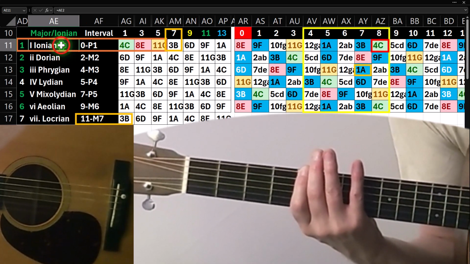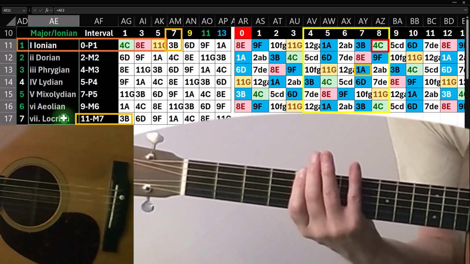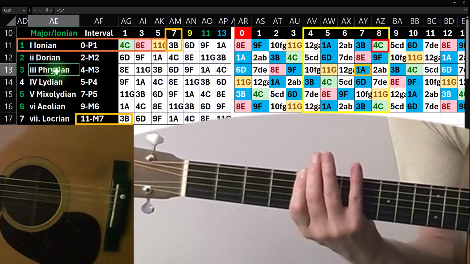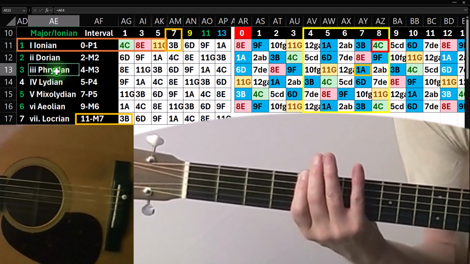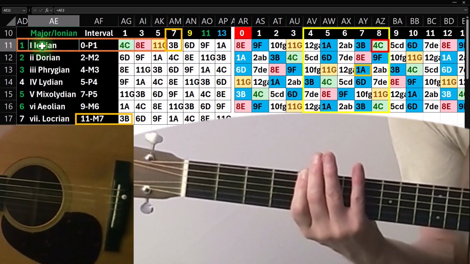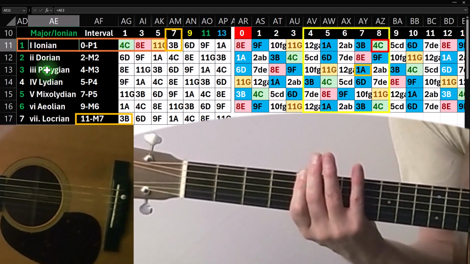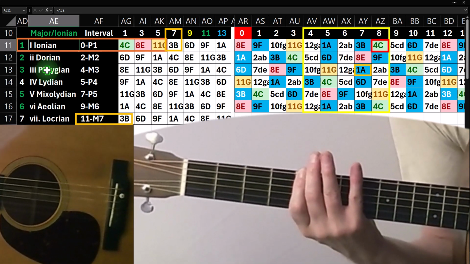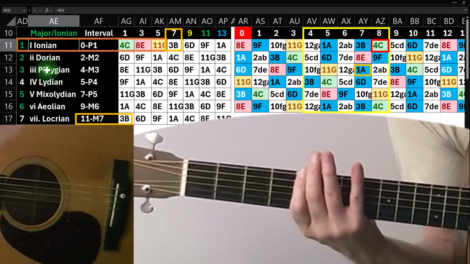For example, I'm going to number the modes with an absolute numbering system that doesn't change. So if I say mode number 3, from this perspective, that's the Phrygian mode. Now, mode number 3 is only the Phrygian mode in relation to the C major scale, but by using that as my reference tool, it gives me a numbering system for the modes, which makes it easier for me to relate the modes to the major scale, which makes it easier for me to at least know if I'm talking about a major mode or a minor mode,